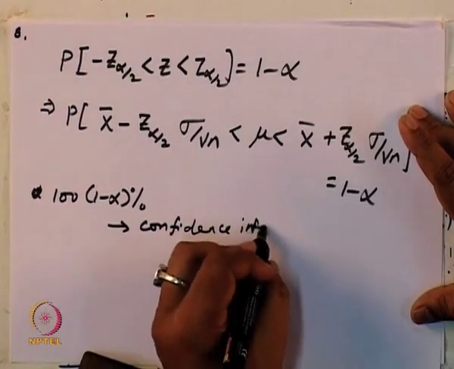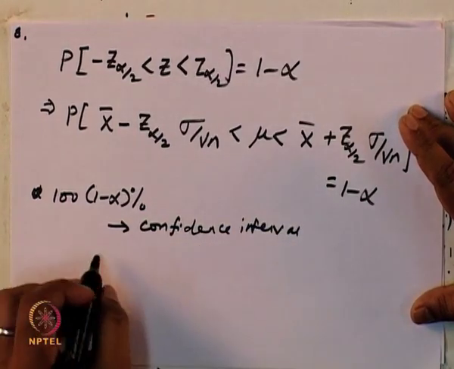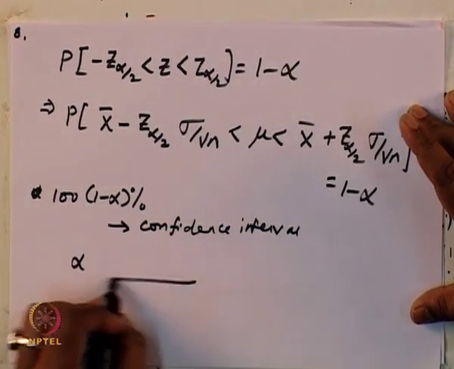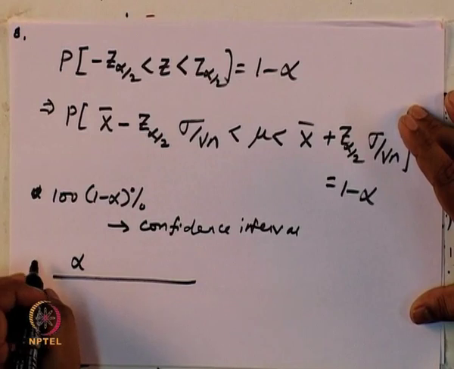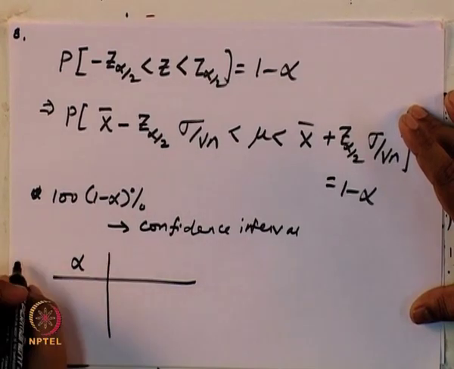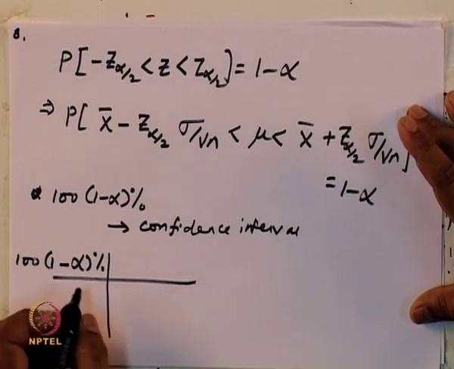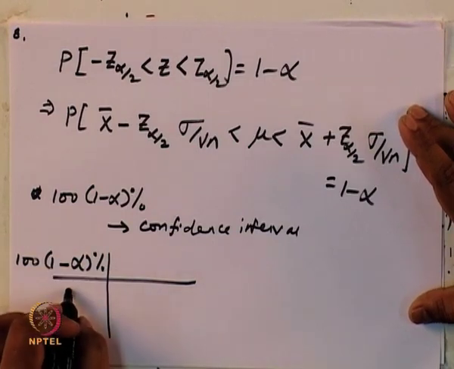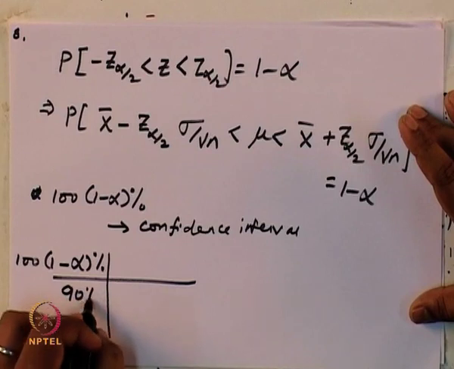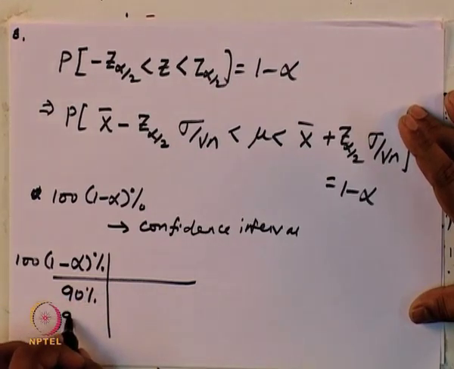So, if I plot the values of alpha, 100 into 1 minus alpha, in percentage you can have 90%, you can have 95%,